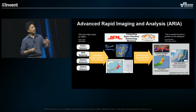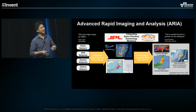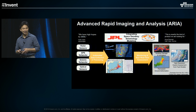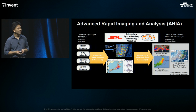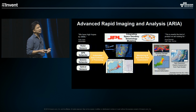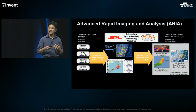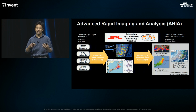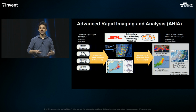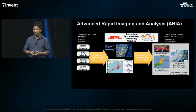This project is called ARIA, not really similar to the hotel, but ARIA is an acronym for Advanced Rapid Imaging and Analysis. In this particular project, it's a collaboration between JPL and Caltech. And in this project, we integrated together multiple different sensors and observations, not just the radar instruments, but GPS networks, optical imagery. We put it all together into basically a fully automated system, all running within Amazon and